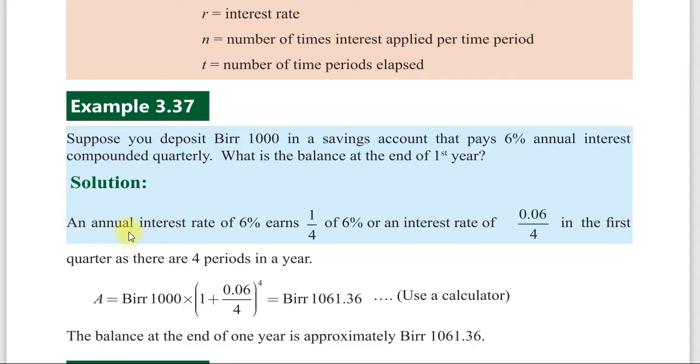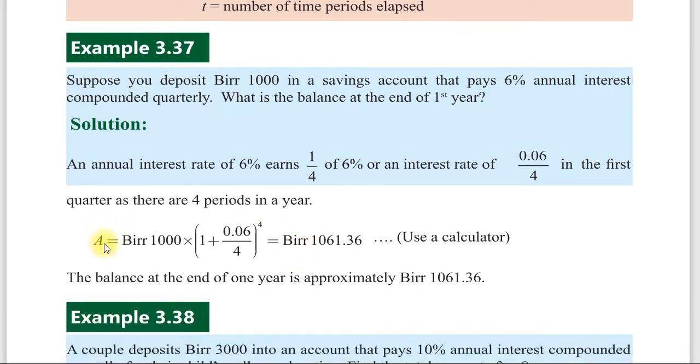So the annual interest rate is 6% per year, so one quarter is a quarter of 6%, or an interest rate of 0.06/4 in the first quarter, as there are 4 periods in a year. Therefore, the amount is equal to the principal, that is 1000 birr, times (1 plus 0.06, that is the rate,